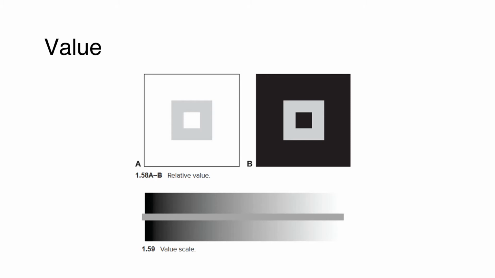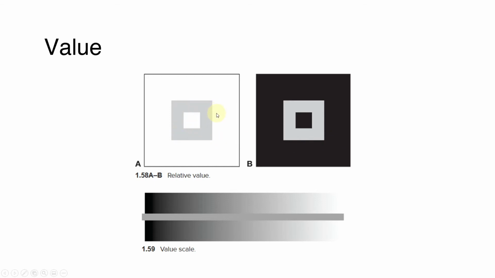Alright, so next thing that we're going to be talking about is value. So value refers to the relative lightness or darkness of a surface. So the word relative is significant here, as you can see in this example. So lightness or darkness of a shape is largely determined by its surroundings. For example, on a white surface, a gray square